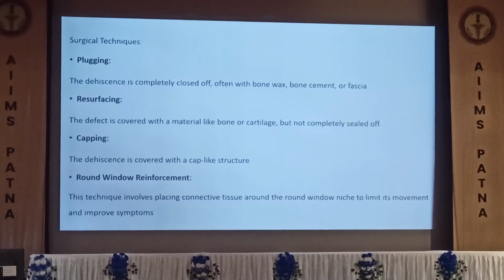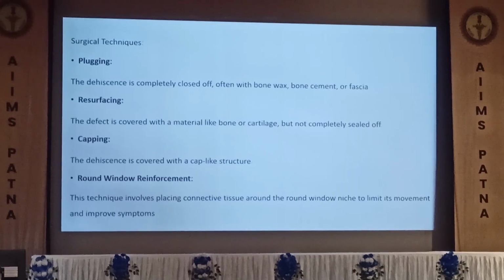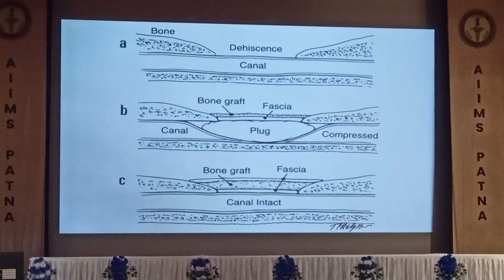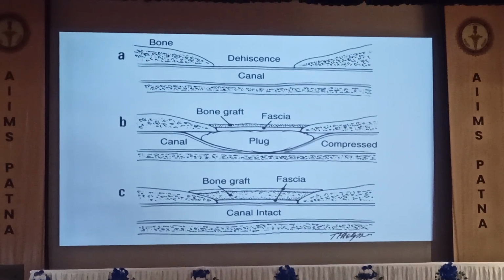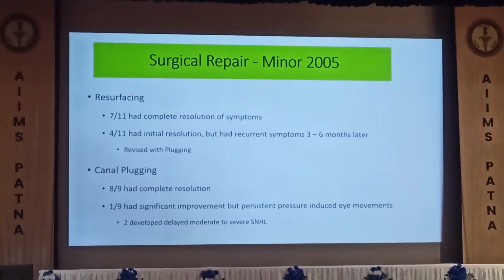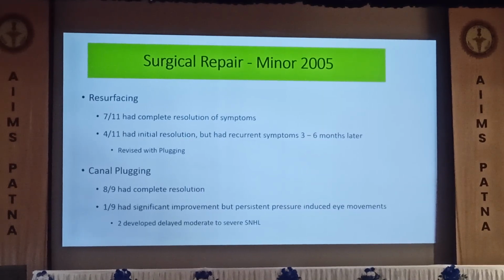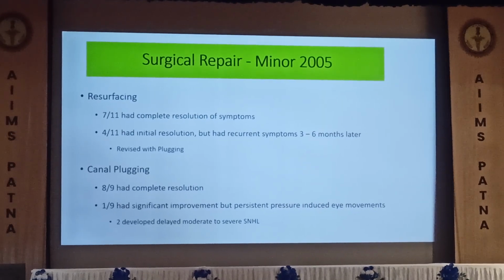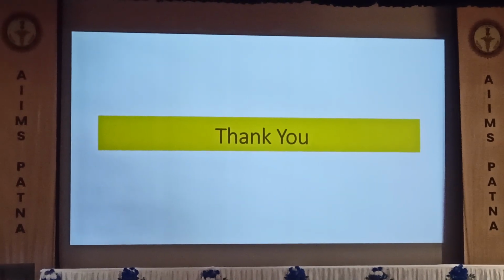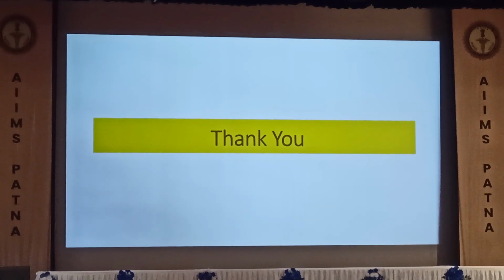Sometimes people even have tested doing round window reinforcement because you want to close one window, isn't it? So technique involves placing some connective tissue around the round window niche to limit its movement and improve symptoms. So you can do plugging, you can do resurfacing. Multiple studies have been done on which is effective, which is not effective. But essentially superior semicircular canal dehiscence can be very categorically mended by surgical approach, and that's what it leads to. So finally, Meniere's and superior semicircular